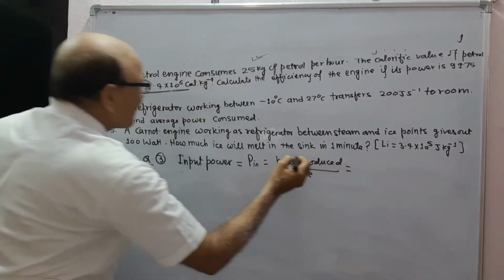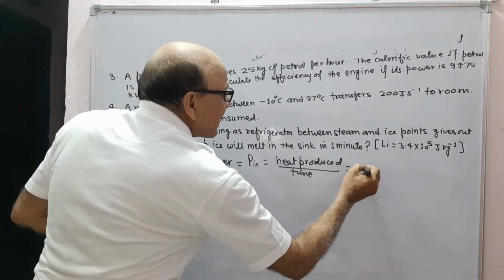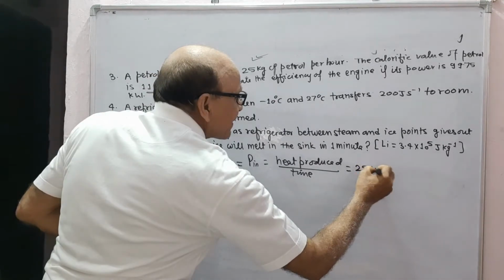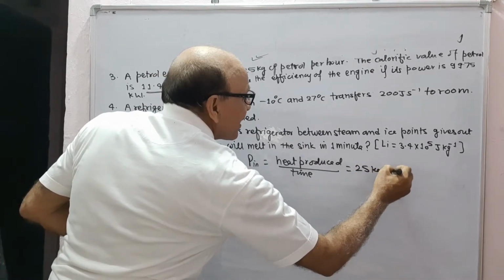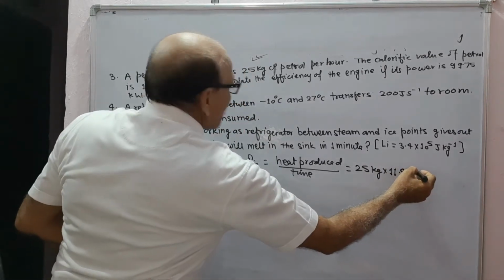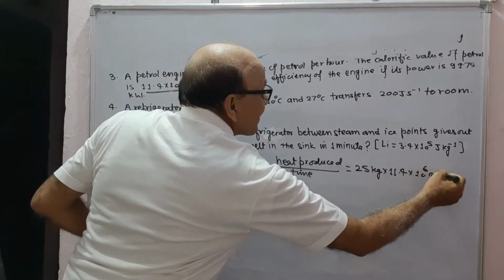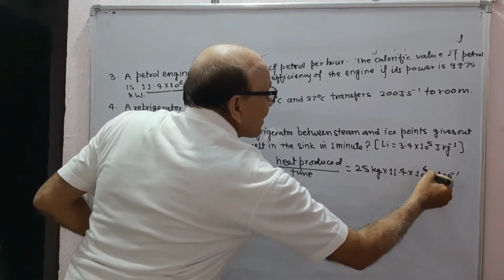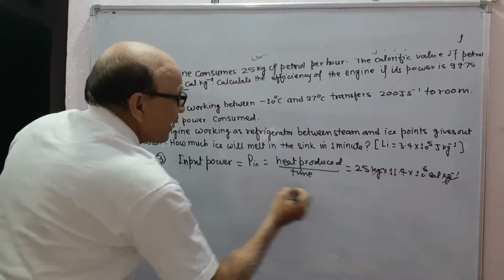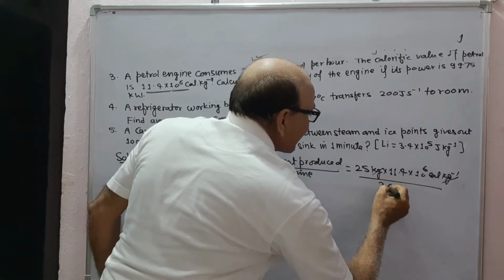Heat produced is 25 kg into 11.4 into 10 to power 6 calorie per kg. This kg and this kg cancel out. Time is 1 hour, which means 3600